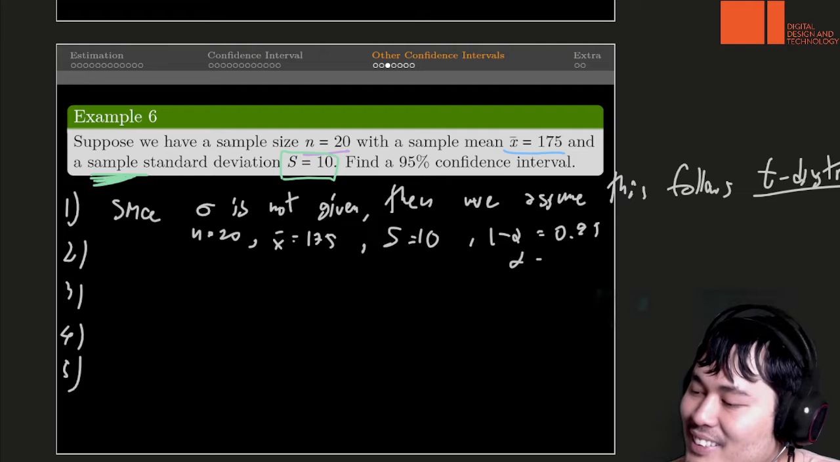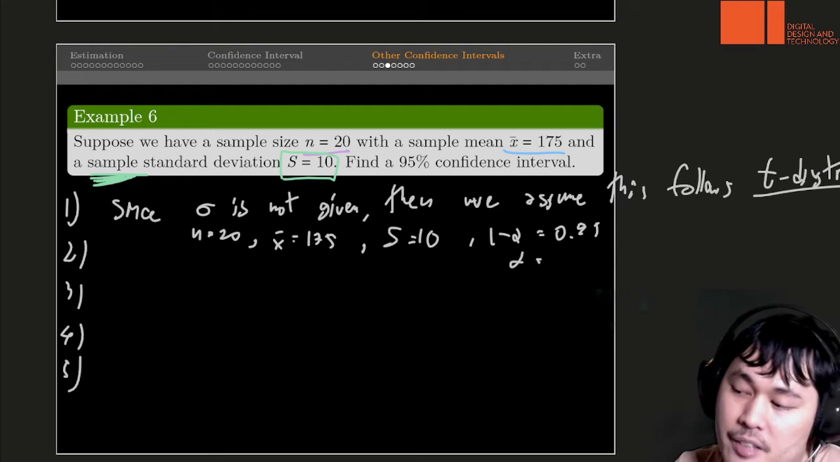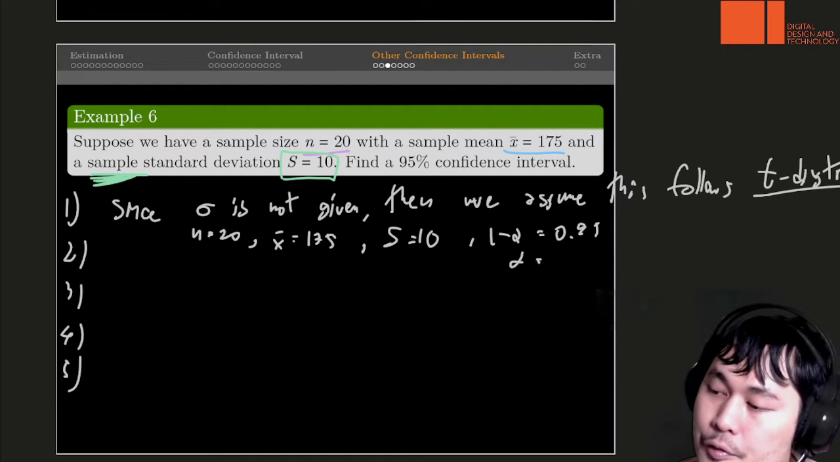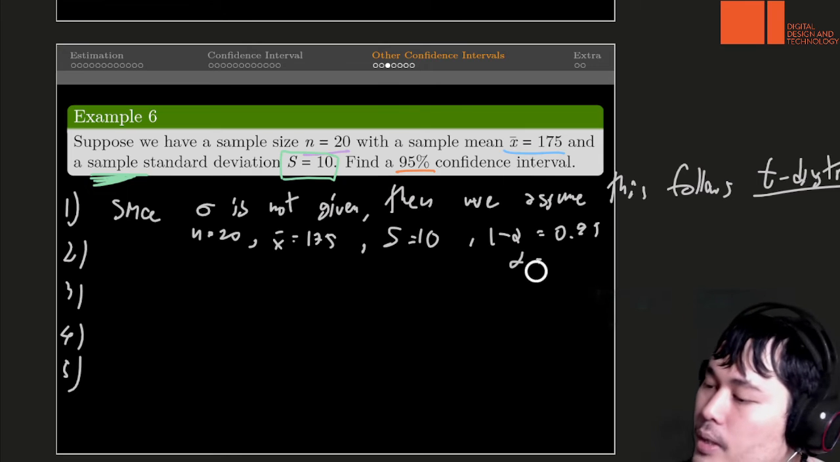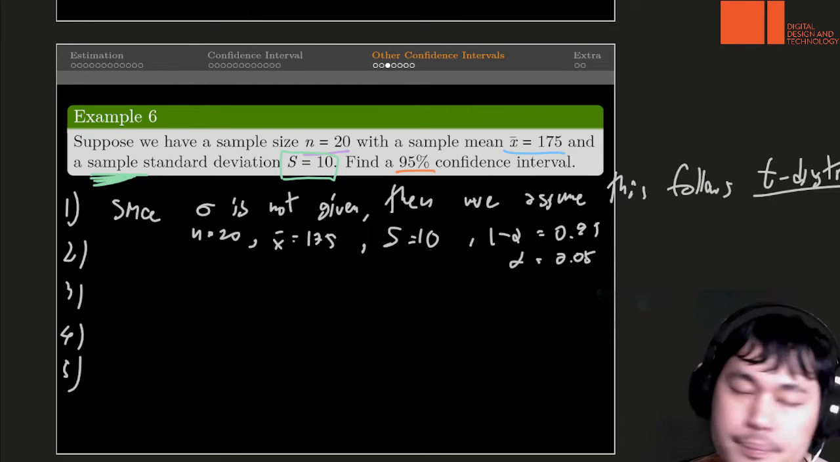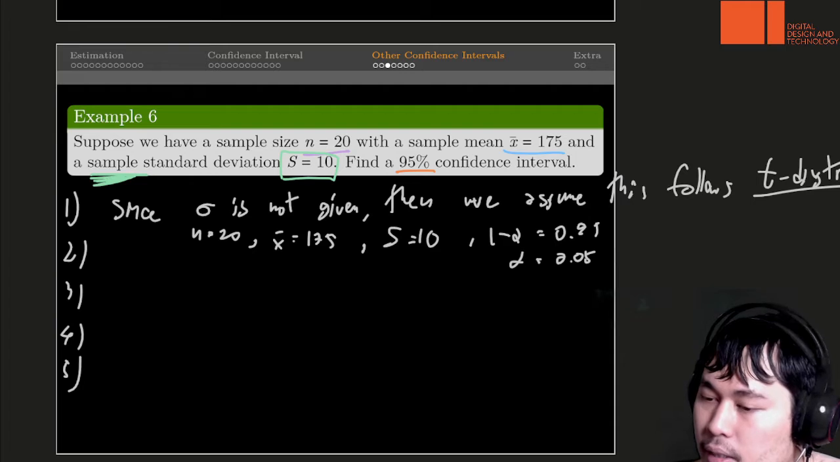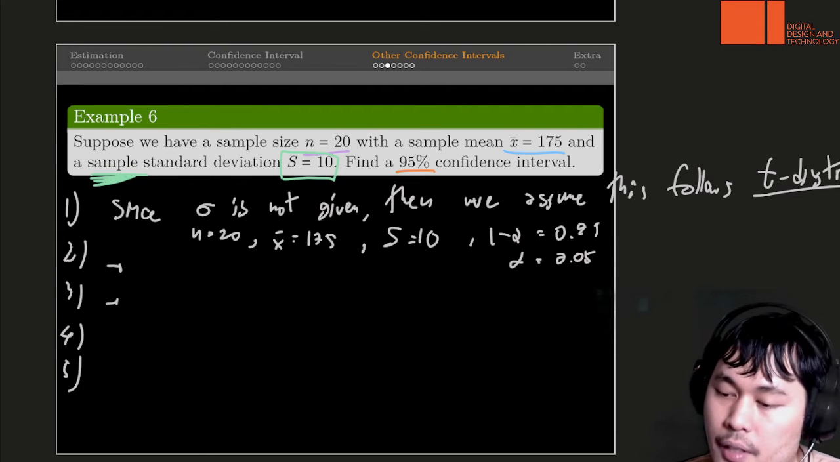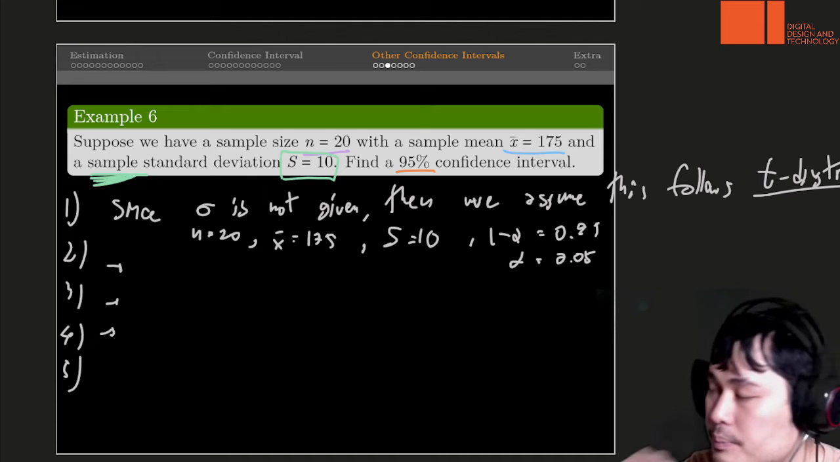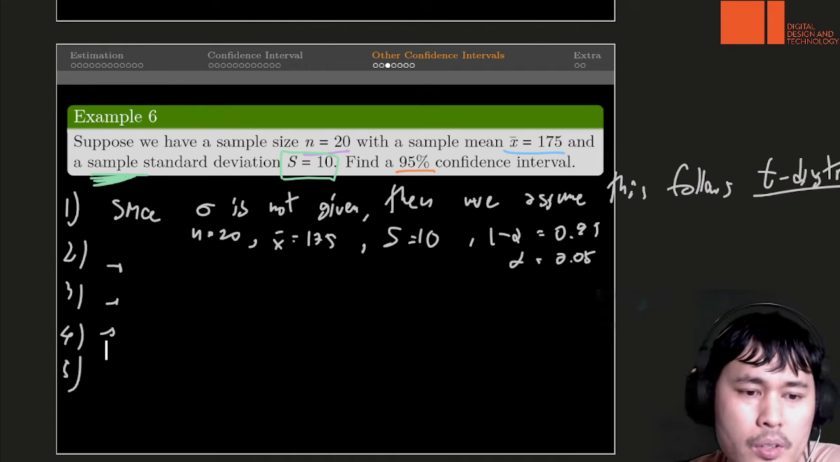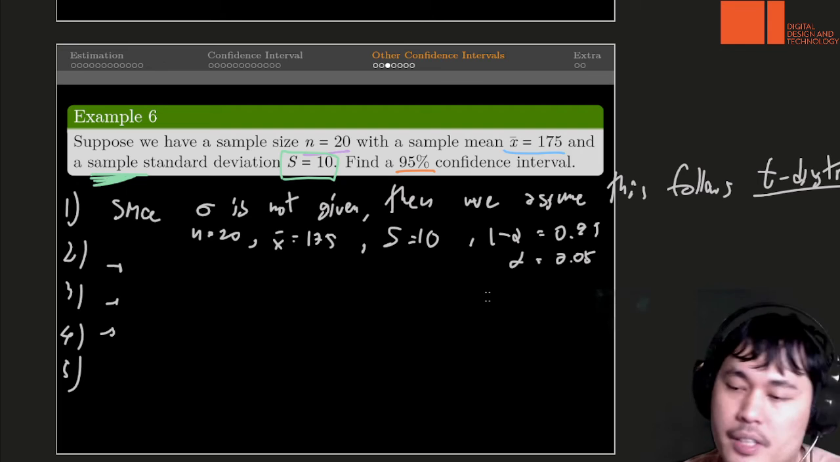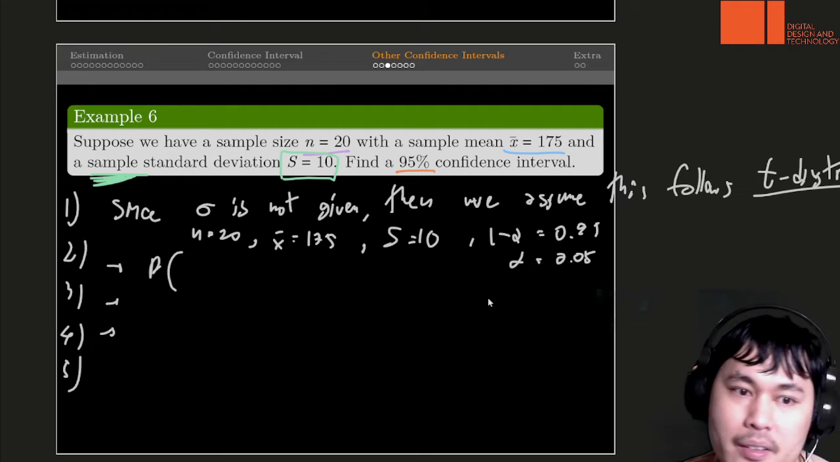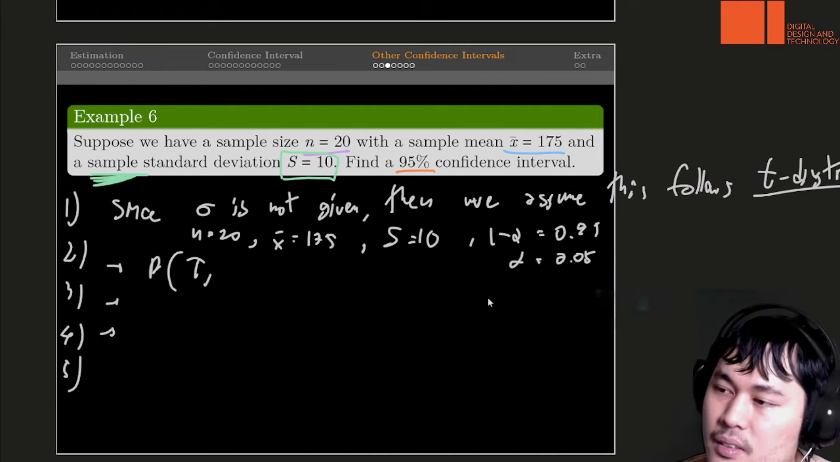So 1 minus alpha is 0.95 because we are looking at a 95% confidence interval. So alpha is 0.05. And then step 2, and 3 and 4, use a similar idea. But here in step 2, we have a different table instead,